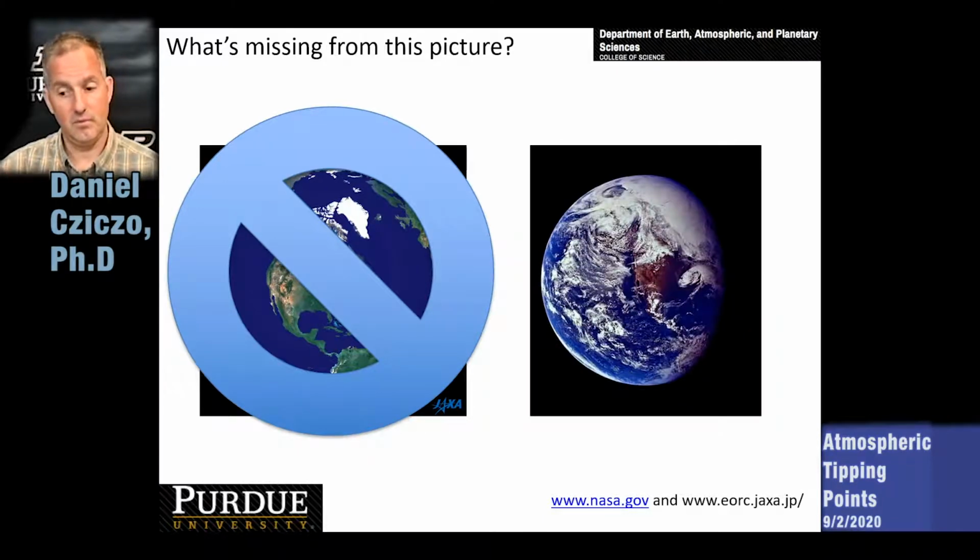At any one time, the Earth actually looks more like this Apollo image, where you can see all of these things present in the atmosphere. You can't see some of the surface of the planet because there's clouds in the way. Those clouds are rather bright, rather white, and so you can imagine sunlight being reflected back into space by the presence of those clouds.